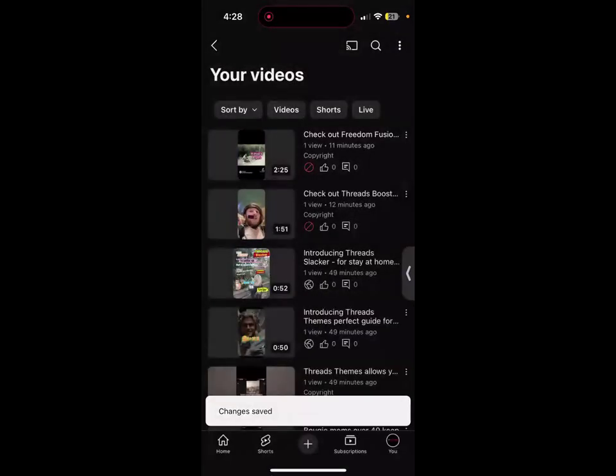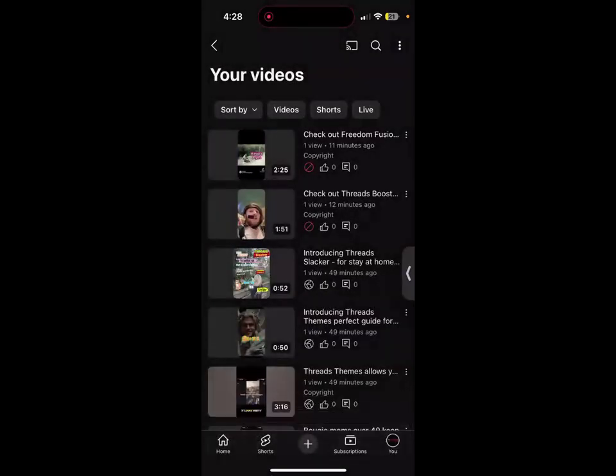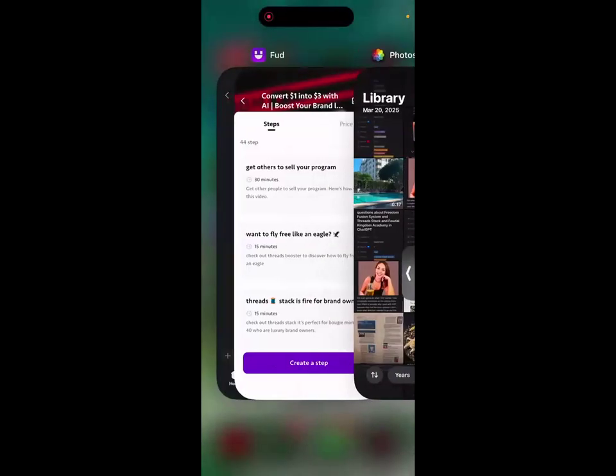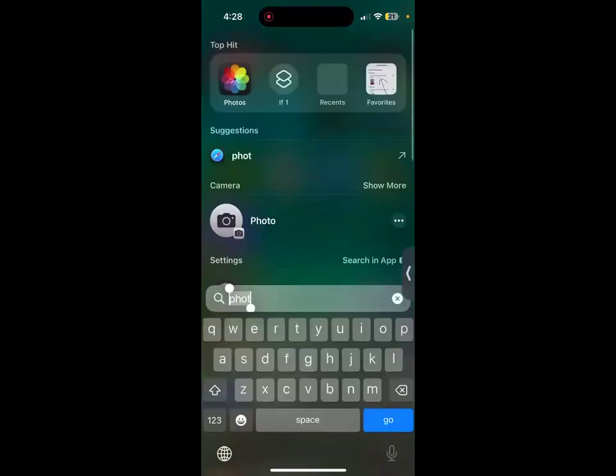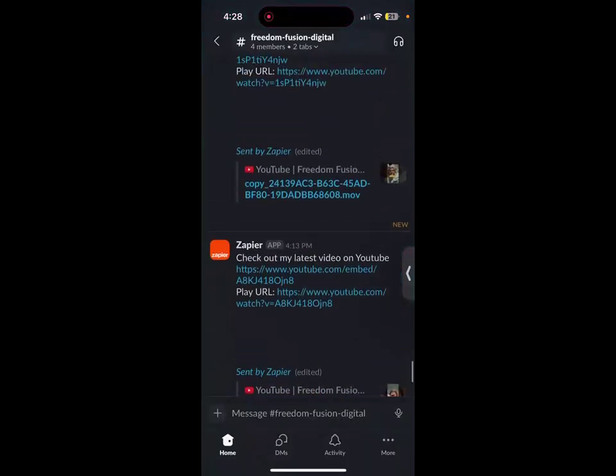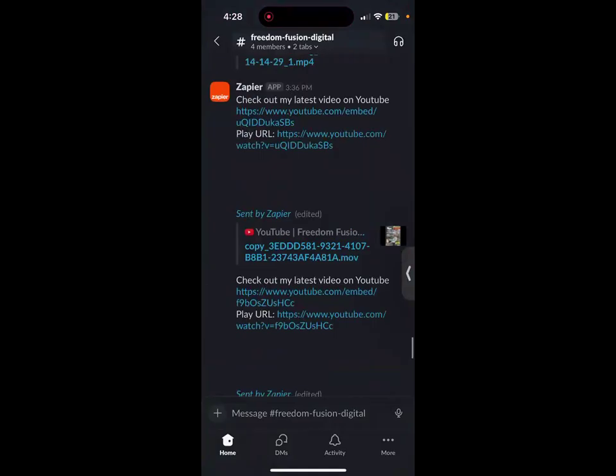So keep in mind, I showed you in previous videos how to create descriptions and titles relatively quick, and I'll later show you how to quickly automate them as well, without you actually having to come back and do all of this stuff that I'm showing you manually. But if you go back to Slack, I confused it with Slacker. You could see all of these things kind of coming in over here.